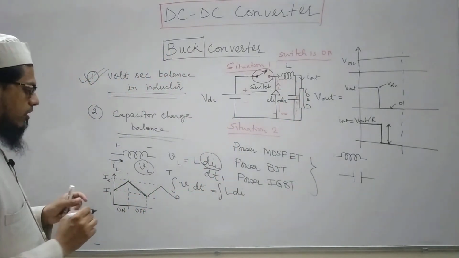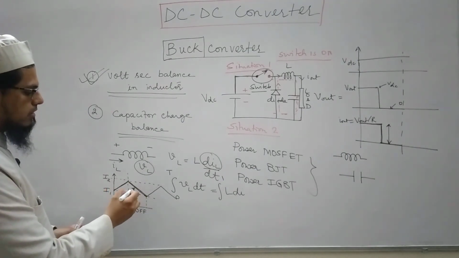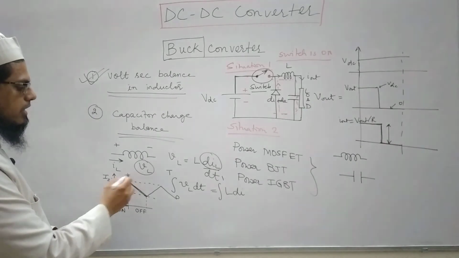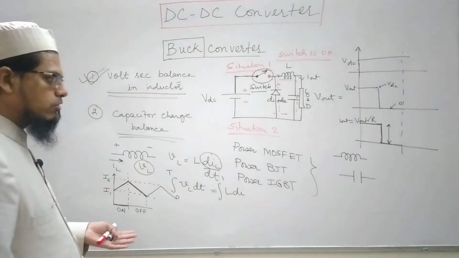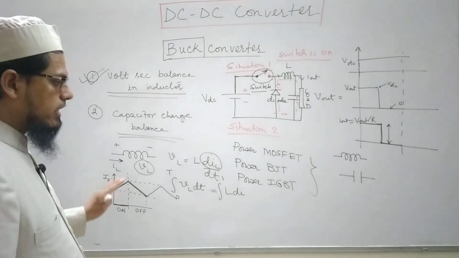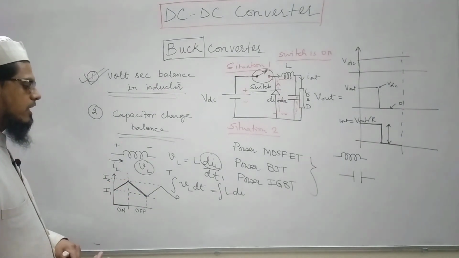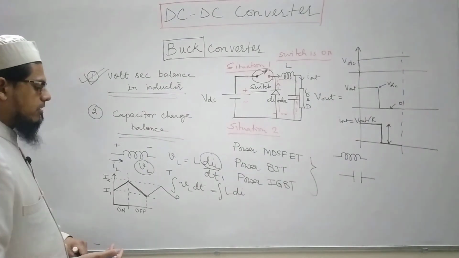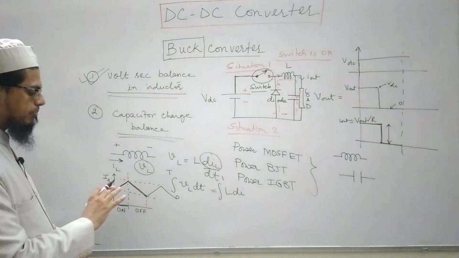I will come to why exactly the waveform is like this. Increasing doesn't mean the increase should be linear; it could be a non-linear increase also, but we will see that actually there is a linear increase and linear decrease of current across the inductor. But for the time being, just assume that this is the waveform, and I1 is